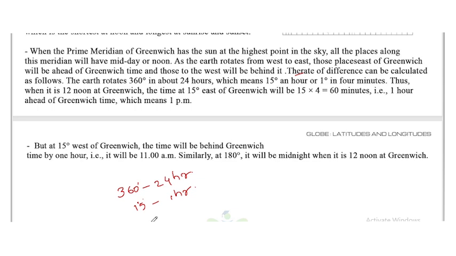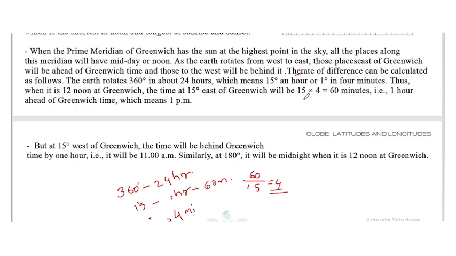So for 1 degree it takes 4 minutes. Okay, how? Because 1 hour is 60 minutes. So 60 by 15, that is 4. So for 1 degree it needs 4 minutes. Okay, so thus when it is 12 noon at Greenwich, the time at 15 degree east of Greenwich will be